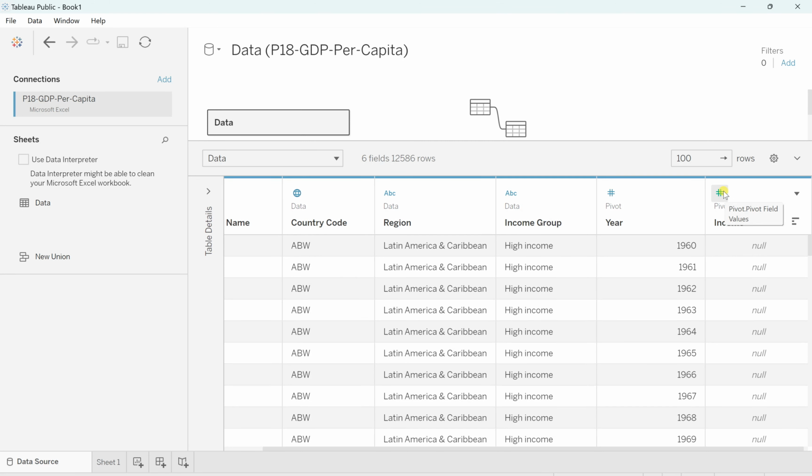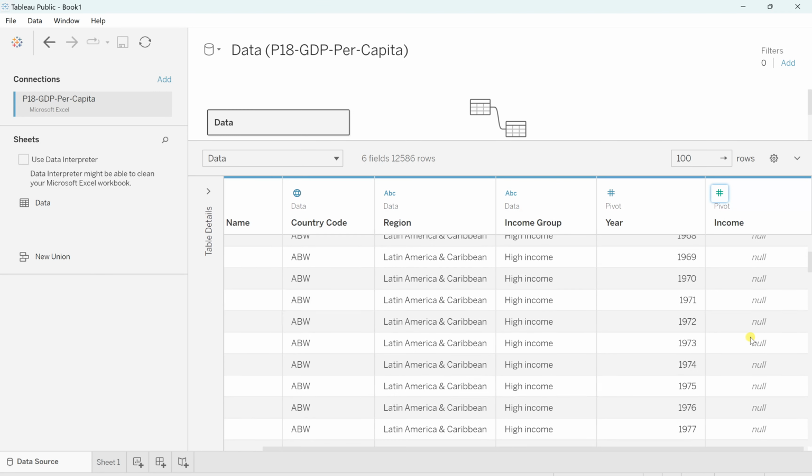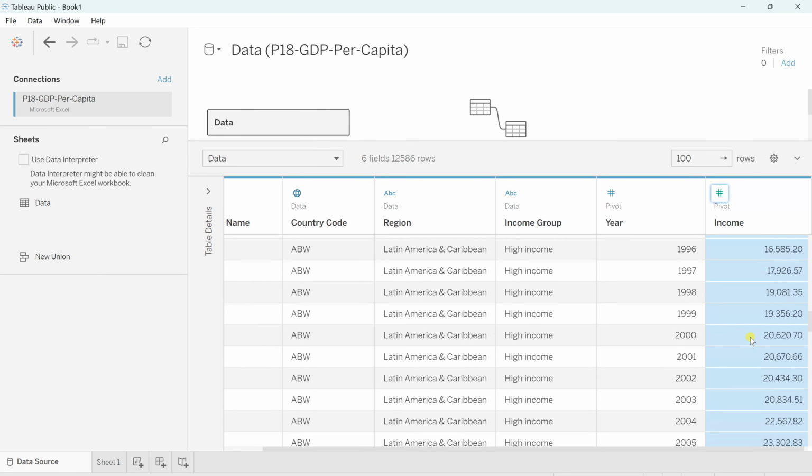So let's check what exactly the data type is. We'll select here and we'll see the number as a decimal, which is correctly selected by Tableau, as it is very smart. You know that if we have anything after the decimal in the numbers, it should by default be a decimal number. So that's how we explored the two different methods of how to pivot your data